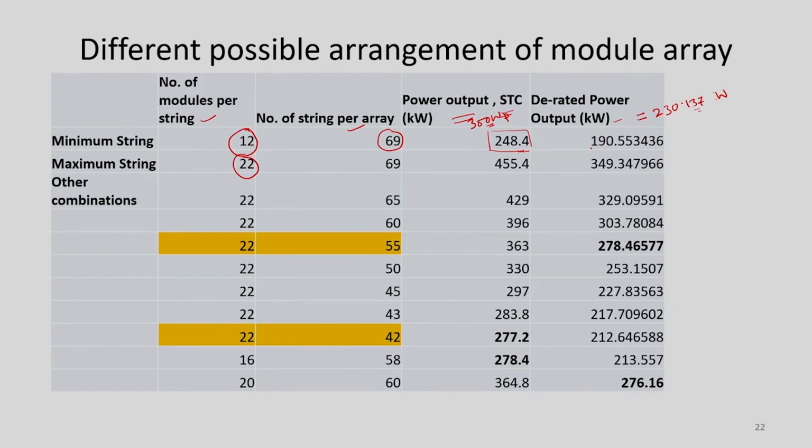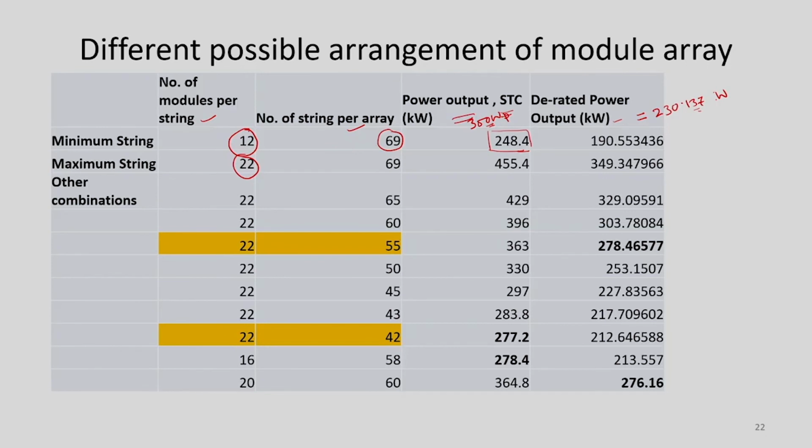And the same calculation, if we make 12 multiplied by 69 into 230.137, then what we will get is 190.55 kilowatt. We can have one more combination like 22 multiplied by 69 and multiplied by 300, which is about 455.4 kilowatt. And if we consider the rated parameters, then the output will be about 349.35 kilowatt. We will have more combinations and we can select the best one, but we